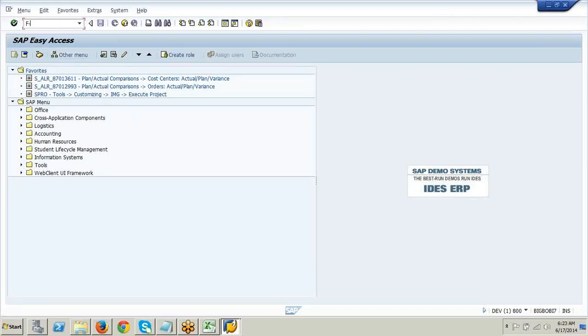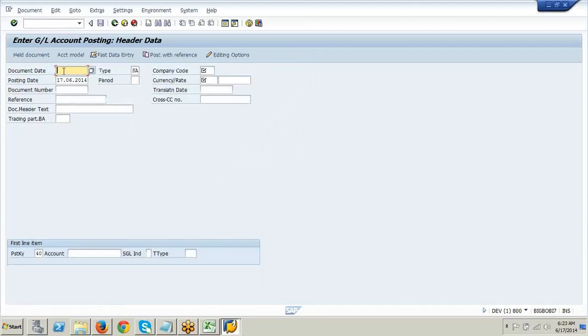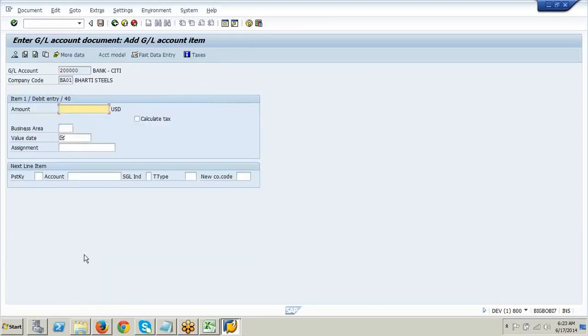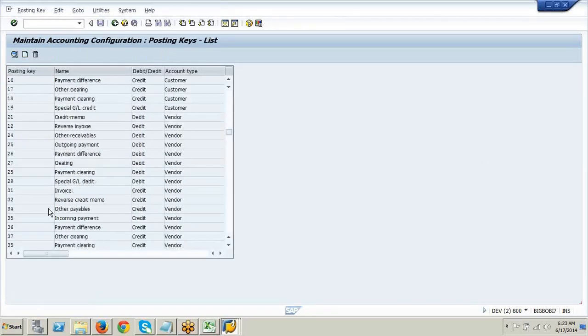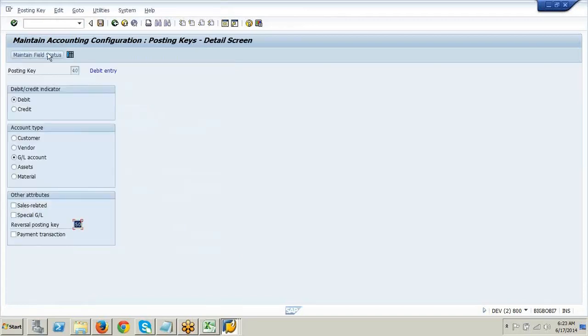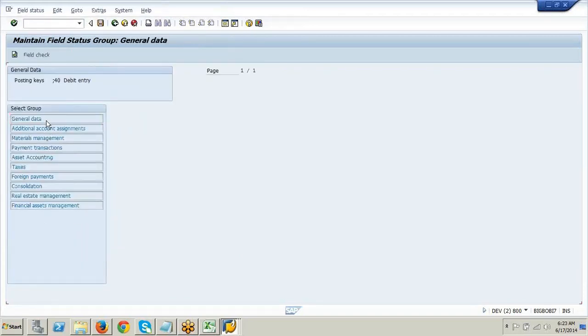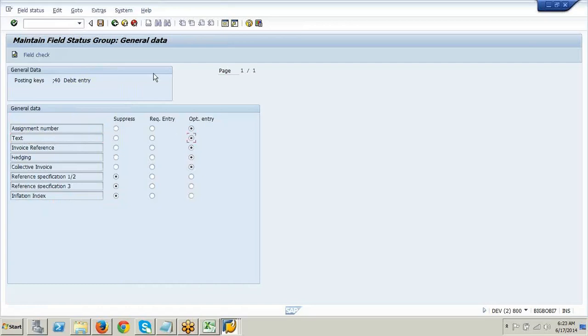Now, when we were getting into this transaction data, we were trying to test this. BA01, USD, some number I was giving here, 2 series or whatever it is. So we were looking at the posting key level. See, now I don't see the text over here. Yesterday we suppressed this in the last session, right? So we suppressed it at the posting key level. Here, 40, field status. Here, text was suppressed.